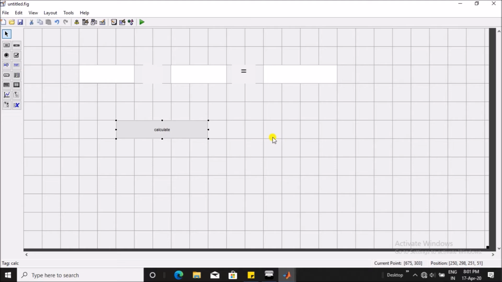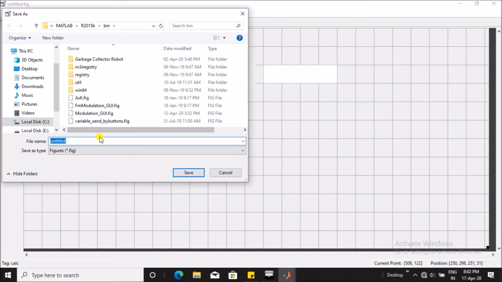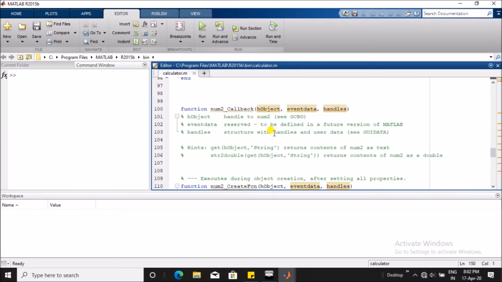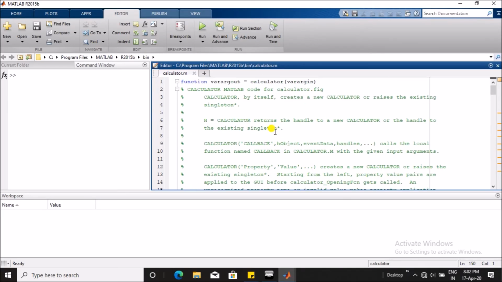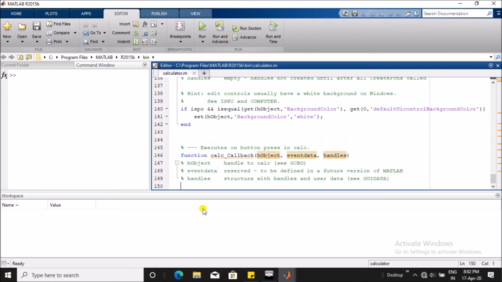Now, once our GUI is ready, let's jump to the coding or the editor section of this project. Just left click on the button and select editor. But first save your project, and as soon as you save your project, a new window will appear in front of you. This is the editor window where you can code the behavior of your GUI. If you look at the code in the editor window, you can see some predefined functions that are present there. You need not touch or edit any code present in it. You just have to navigate to the part where the function says the name of your button.